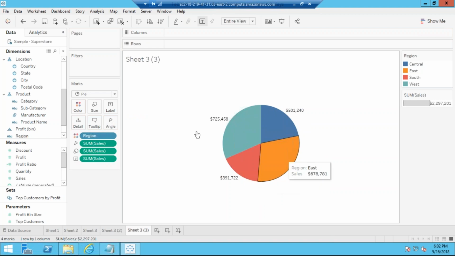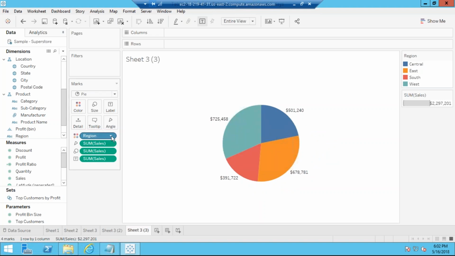Now you see that angles are there, so this is called your angle. Angle means based on sales. Angle means sections. You are creating a circle. How do you want to divide this circle? How is the size defined? Someone is bigger, someone is smaller. How is the size defined? This is based on sales value. This is what it is showing up here. So higher the sales, the bigger will be the size.